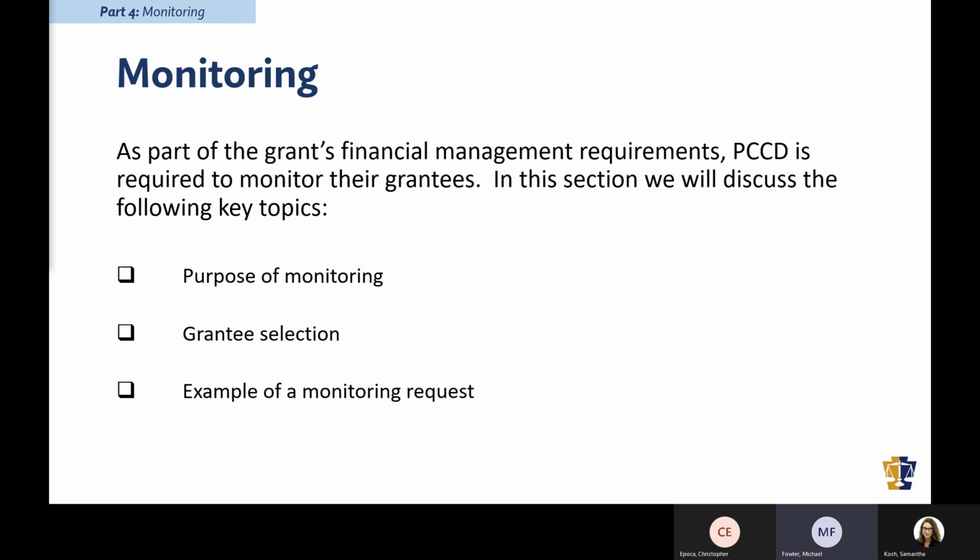As part of the grant's financial management requirements, PCCD is required to monitor their grantees. Here, we are going to discuss the purpose of monitoring, how they are selected, and a sample of a monitoring request. First, let's get started with the purpose of monitoring.